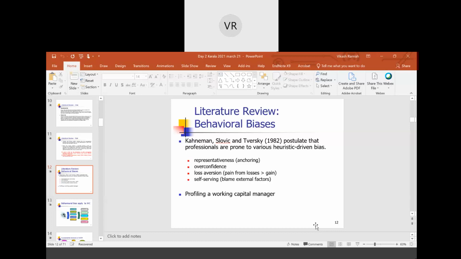And even in the recruitment of a working capital manager, we don't know what these characteristics are, and that's what we want to find out. Now, to give you a glimpse before we move on to those biases,